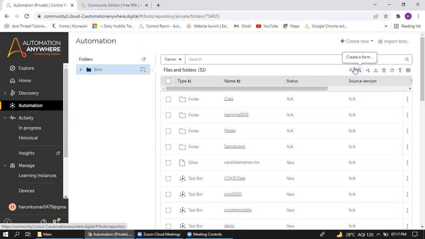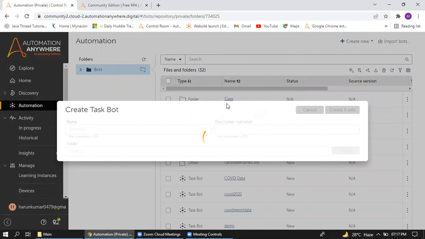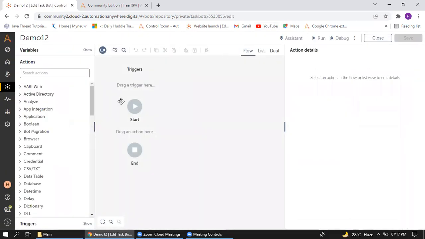So at first, I can create one bot here, so I'm just creating one bot. I'm just naming the bot as demo1, demo1 2 I can give. Let me create it. So this is where we can create the bot.